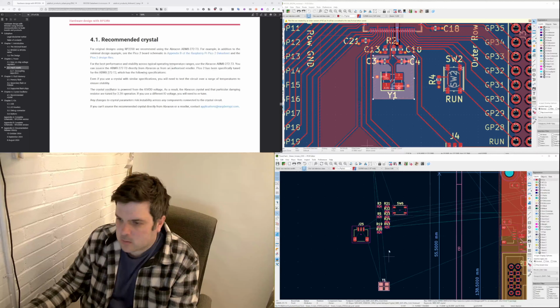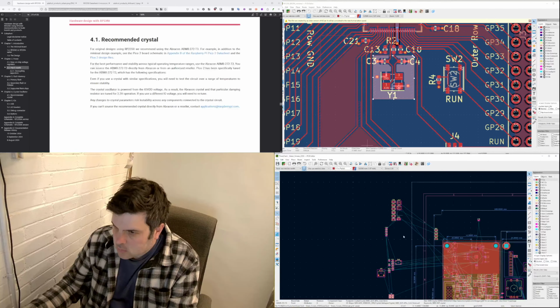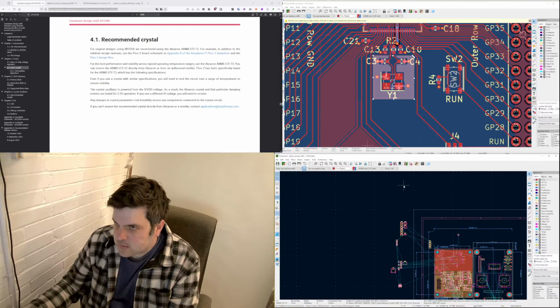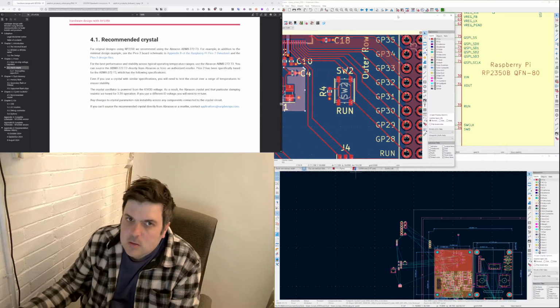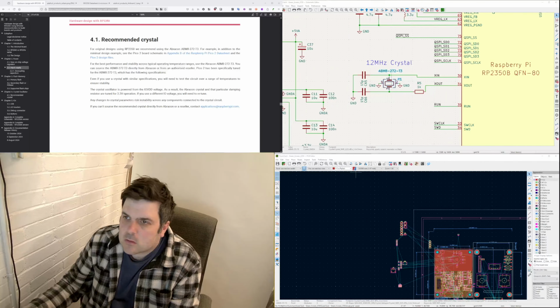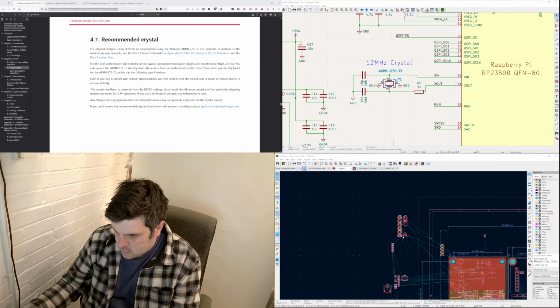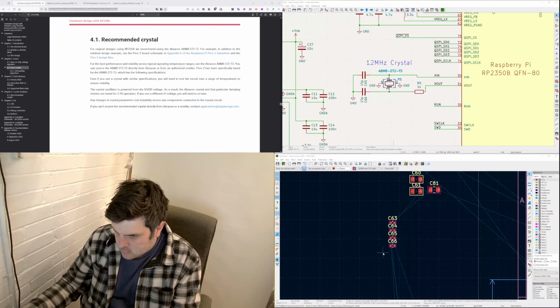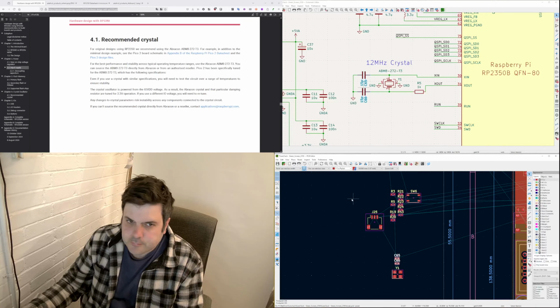We got Y1, C3 and C4. In ours it's called C65 and C66. And they've just got it so